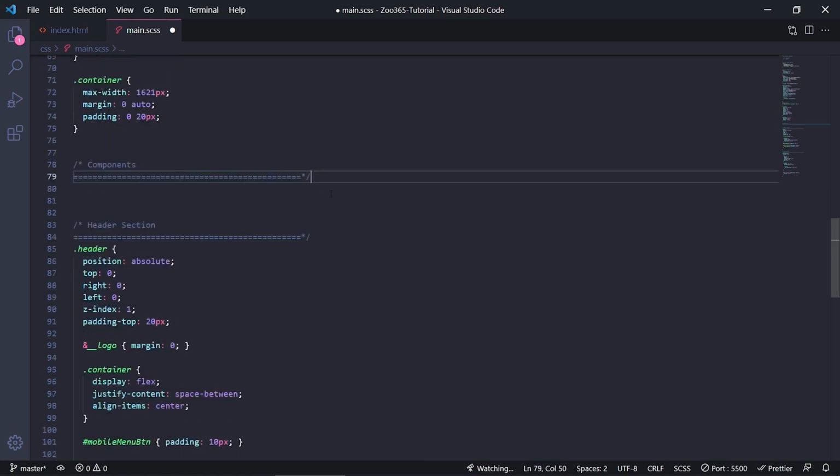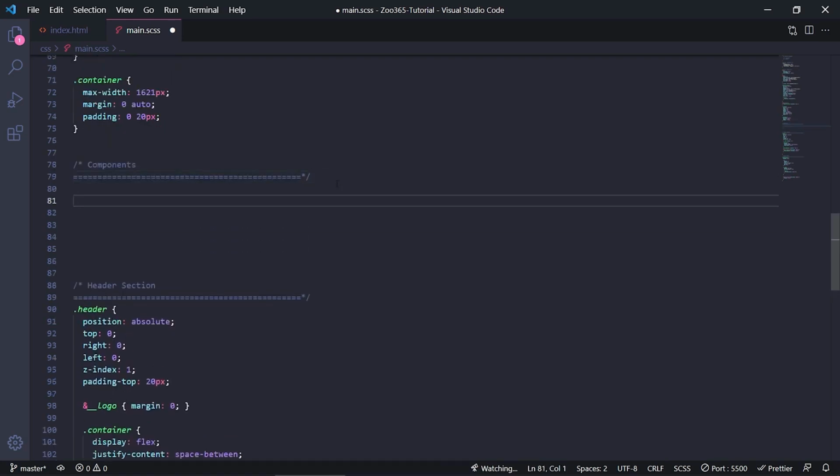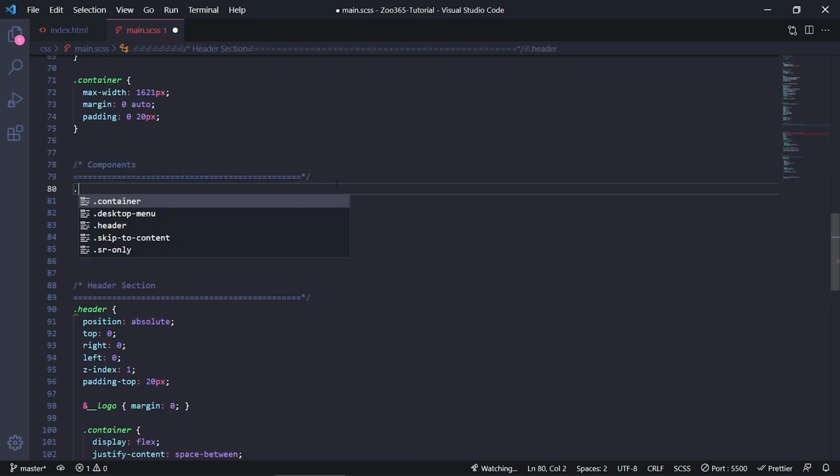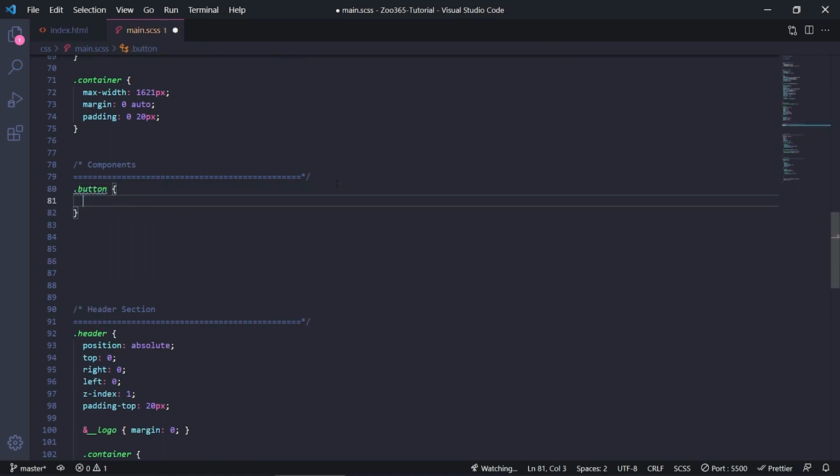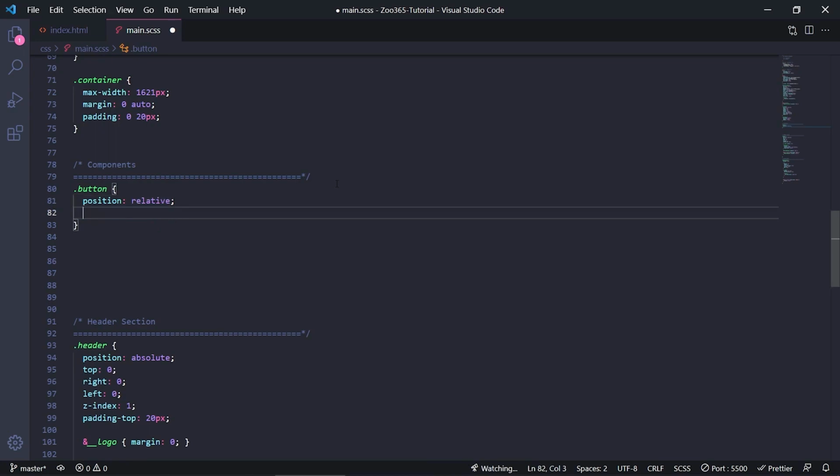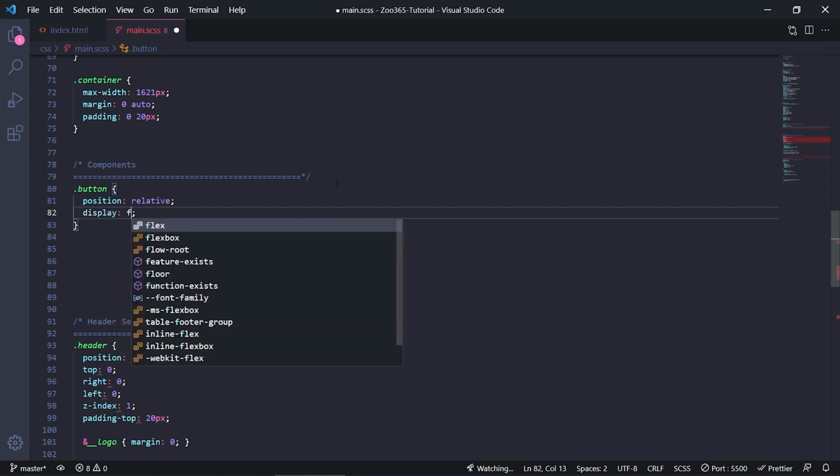And you can have many reusable components, of course, but I'm going to keep it super simple. We gave our button a class name of button. So what I'm going to do is put button and then start styling it. So I want every single button to be positioned relative. And the reason for this is that sometimes I add icons and they can be positioned absolute inside them, but it's not required. So definitely I want to have it display as inline flex because